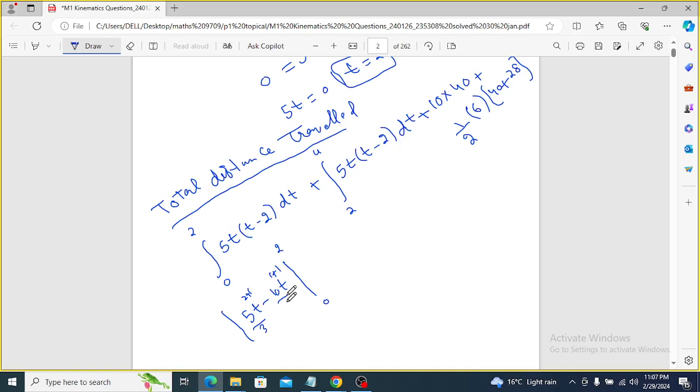Again place the modulus sign and you have your expression 5t square. You have 5t square, and you are supposed to add 1 by the power rule. Divide the expression by 3, and in the same way there is 10t power 1 plus 1 divided by the new power, and you will be done with your integration. And the limits start from 0 till 2, and 40